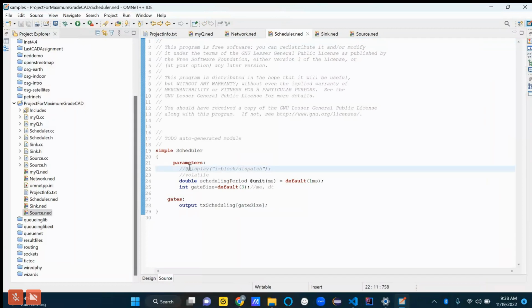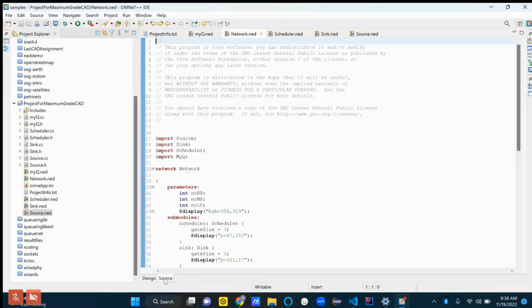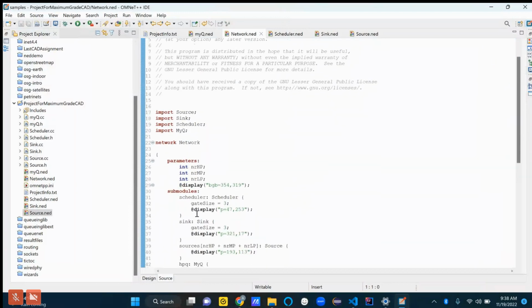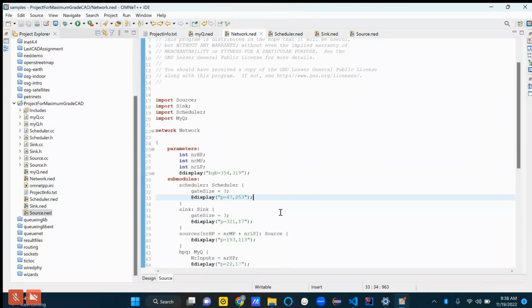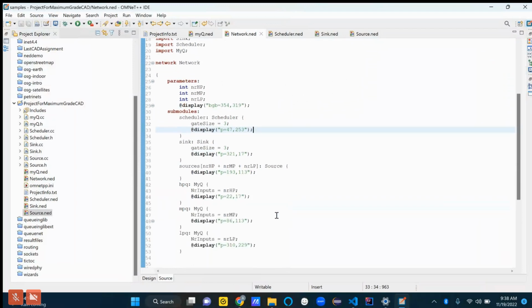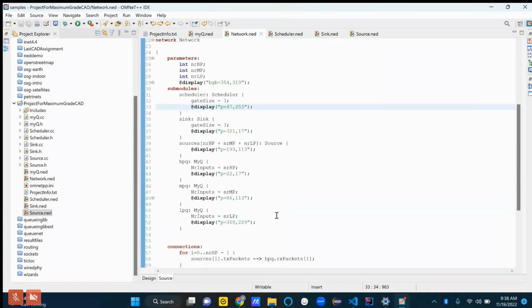This is how they're making those images in the design view. So display tells you about where these things are located. Yeah, so let's go in here. So now you see how it changed the location. So apparently the way you say the location is p equals some tuple. So okay, fine, whatever.